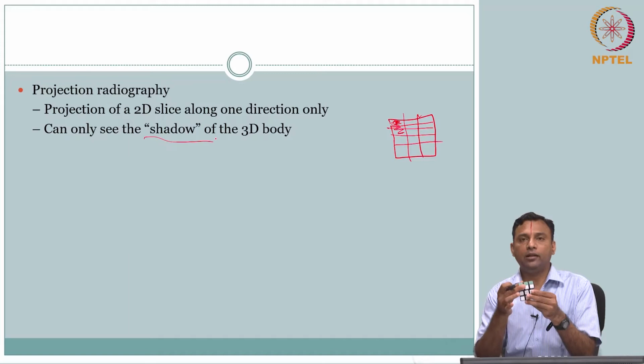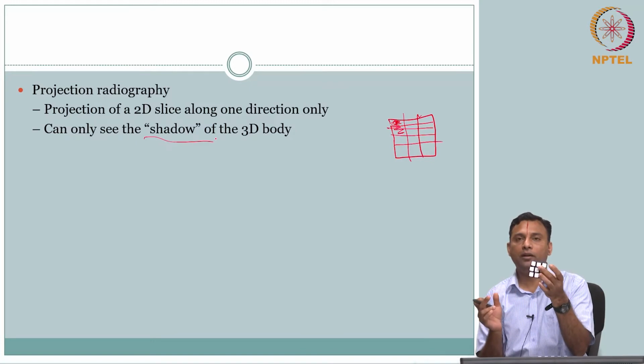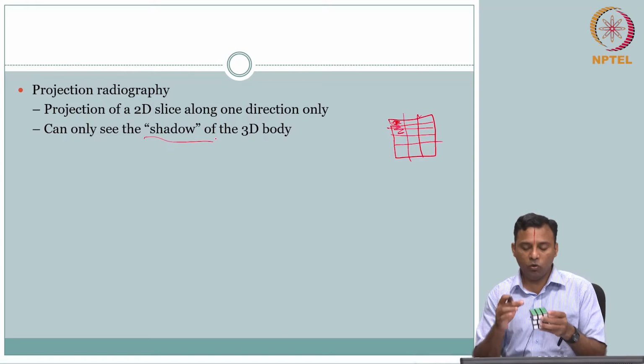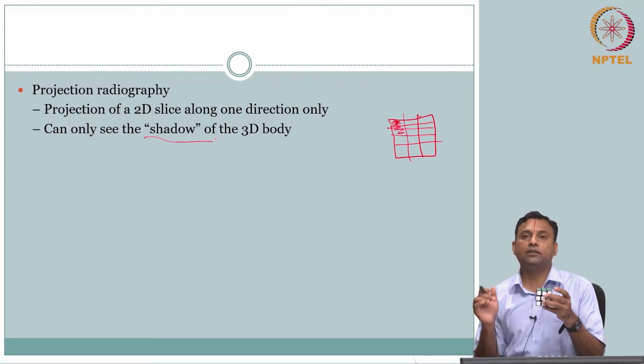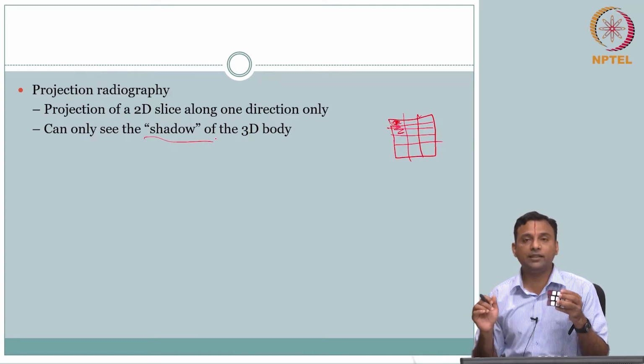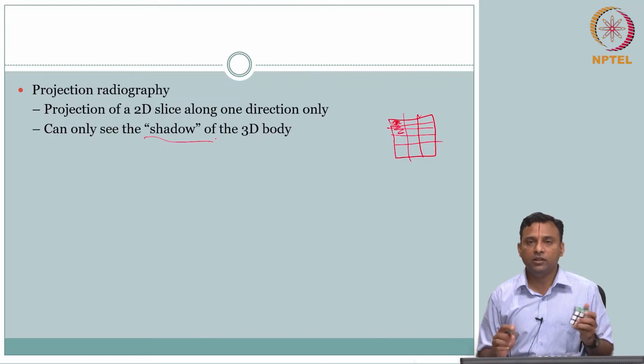If I can do that for one slice, and for another slice, and for the third slice, then actually I have the whole cube. So the idea is, how do I get the depth? Along the depth, how does the mu change? That is the missing part. So how do we typically do that? That is the biggest problem.